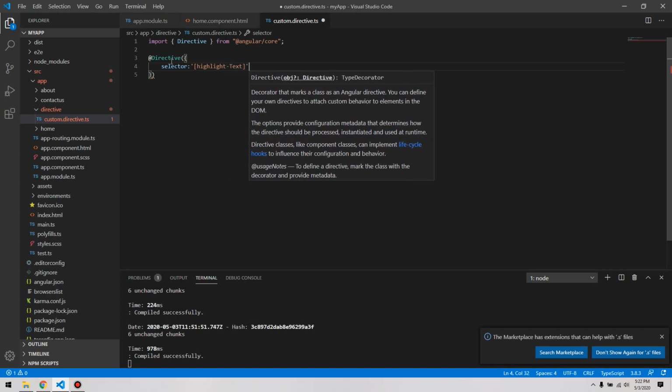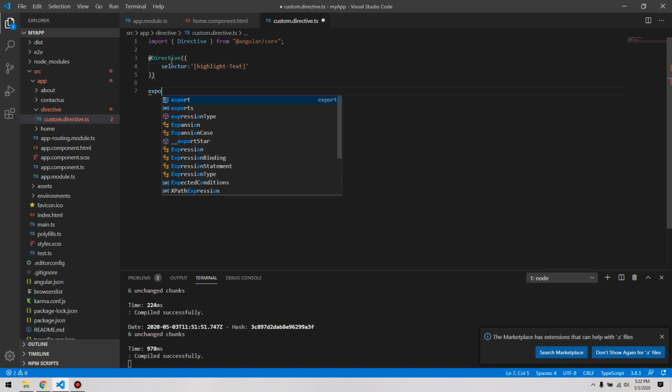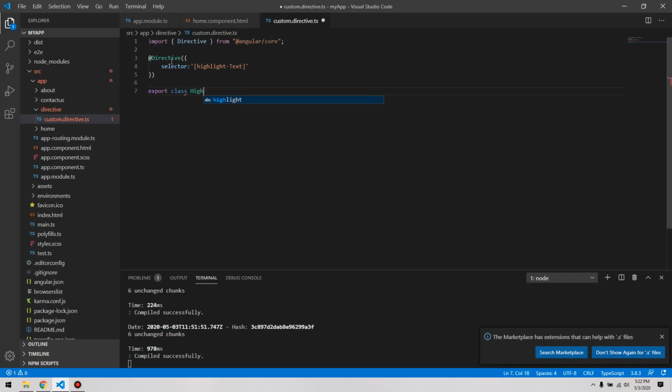Yes, so we have given the name. Now we just need to export the class, HighlightText, that's it. So here we have created a directive.